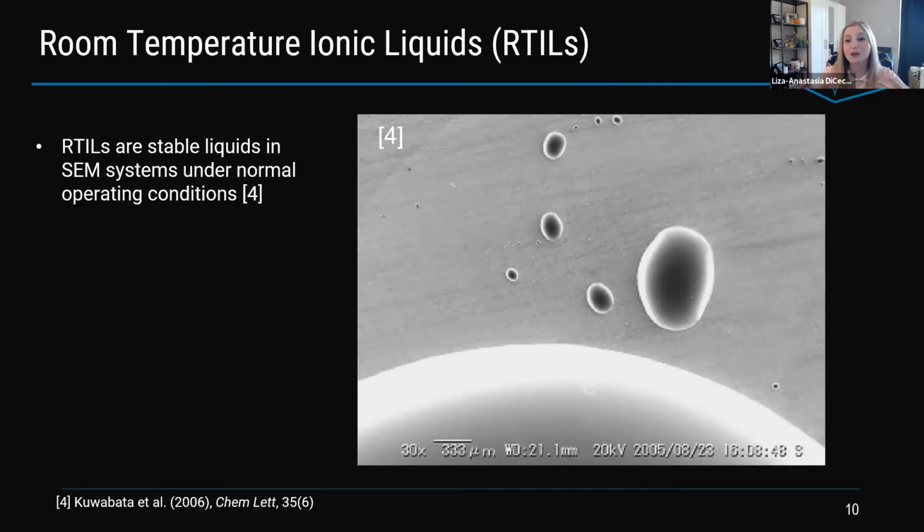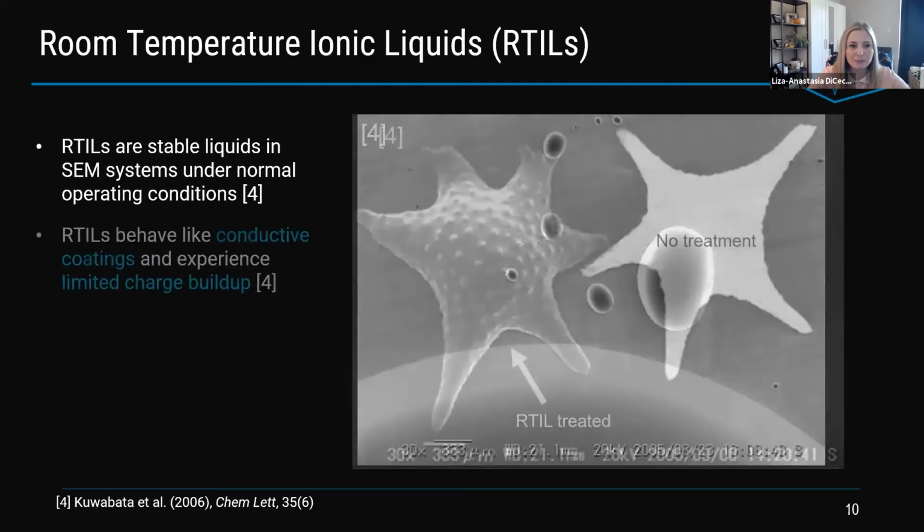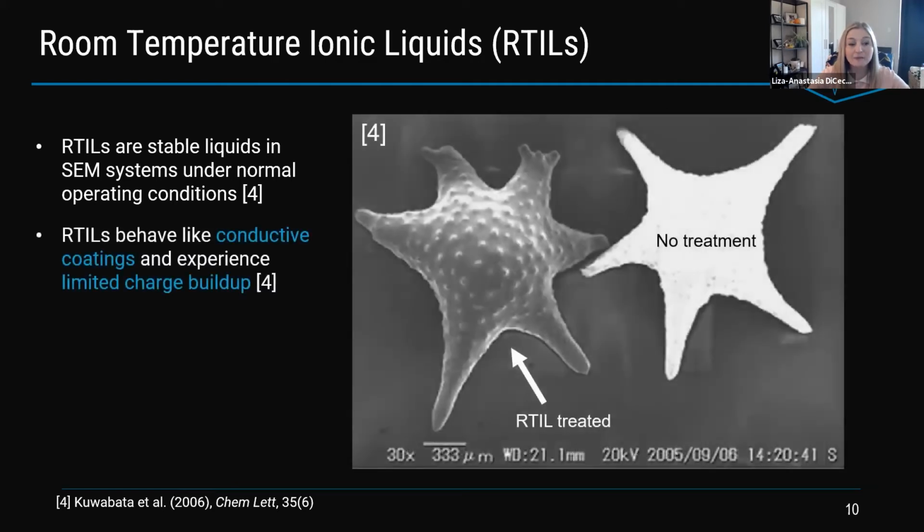And I call these the brave souls that actually put wet things in their microscope and tested it out for us. And so they showed that at normal operating conditions, these ionic liquids were stable. They actually even rotated their stage to show that the liquid was moving a little bit. And then they also showed in this paper that these ionic liquids behave like conductive coatings and they experience limited charge